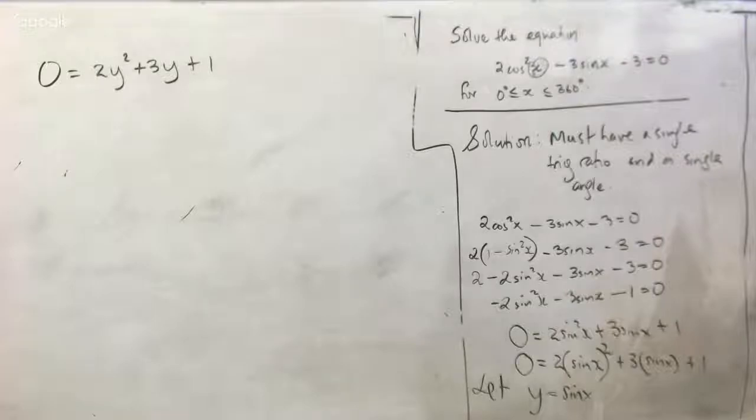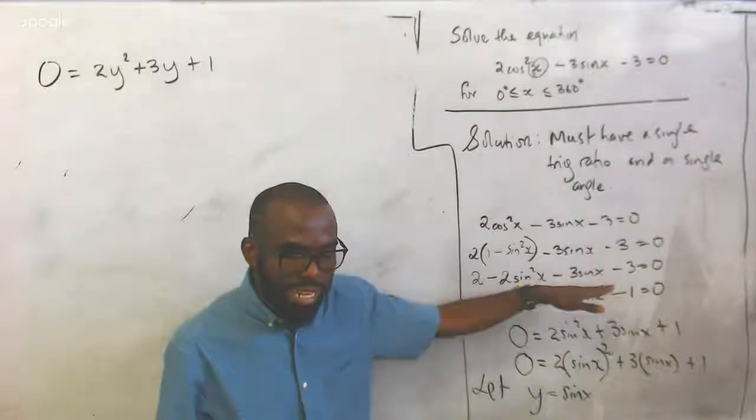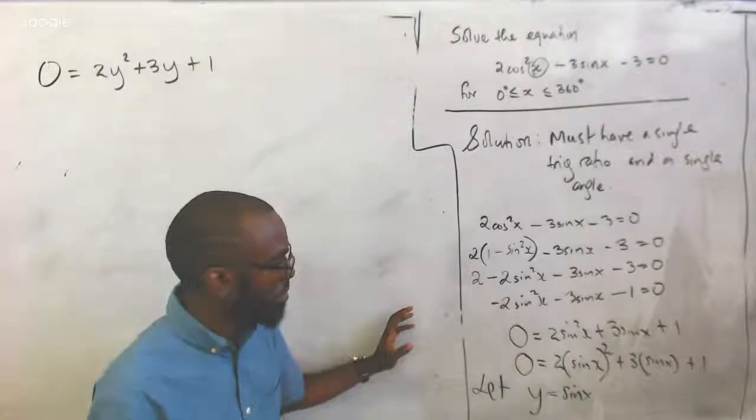We got a trigonometric equation, and in order to solve it, I need to see one trig function. I was seeing both sine and cosine in the same equation, and that's not allowed. We cannot change sine because it wasn't squared, but we can change the cosine because it was squared. Using sine squared plus cosine squared equal to 1, we got that cosine squared was equal to 1 minus sine squared. So we replace cosine squared with 1 minus sine squared. Then we realized that everything was in terms of sine alone, and all the angles were the same. So we were in good standing.